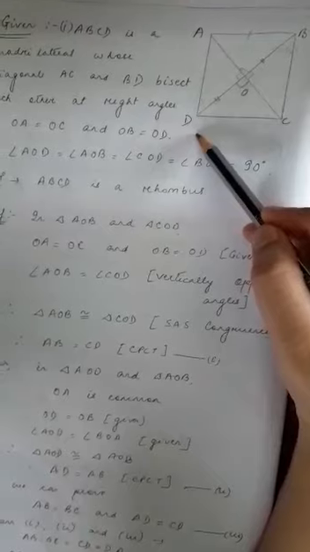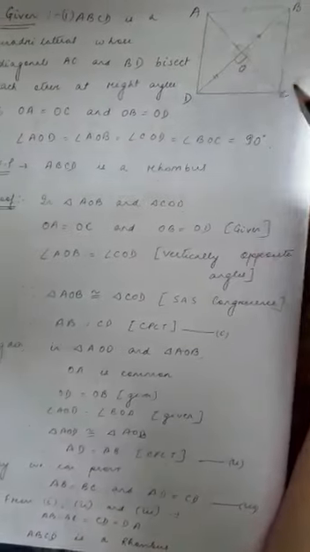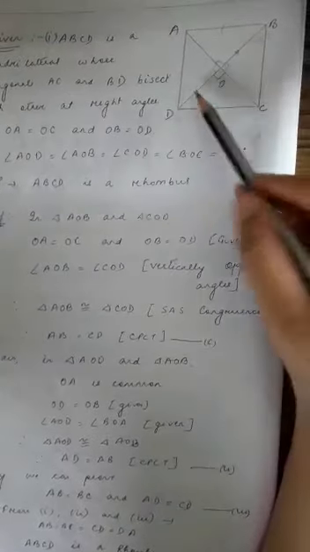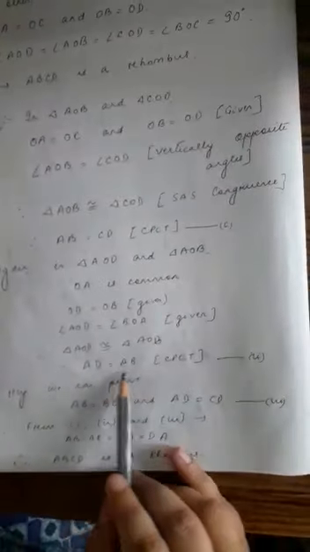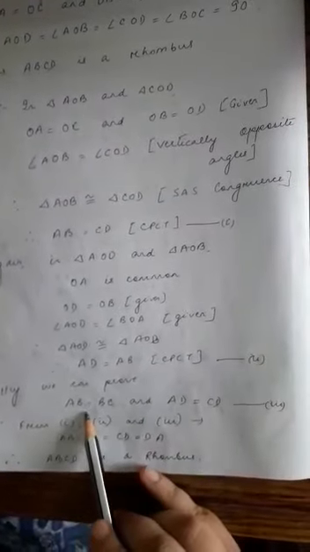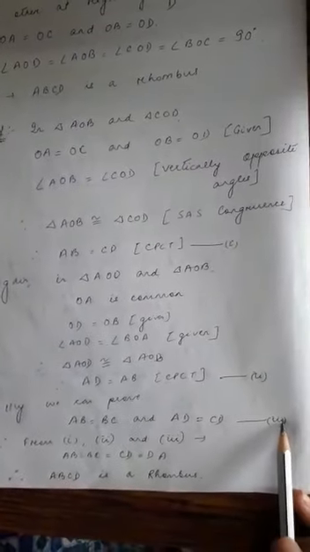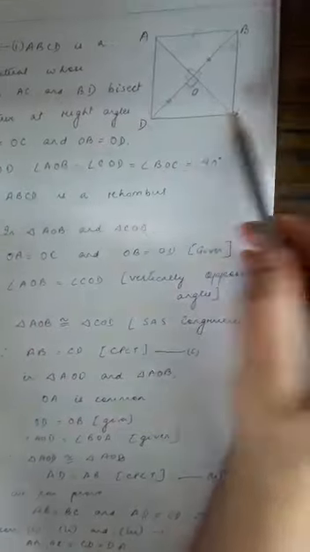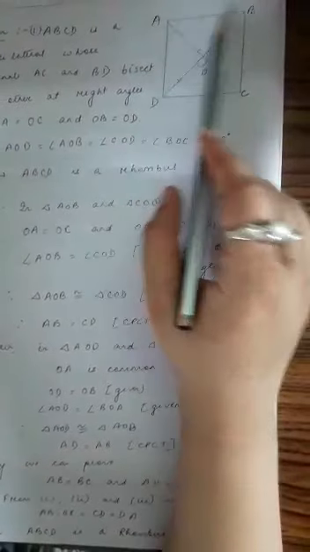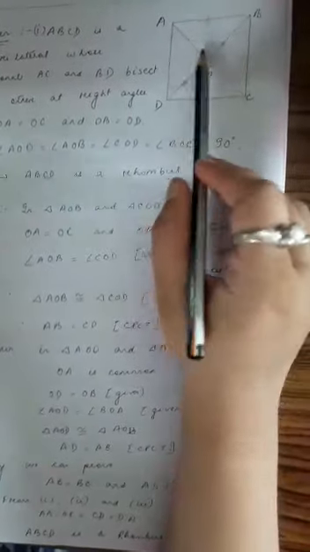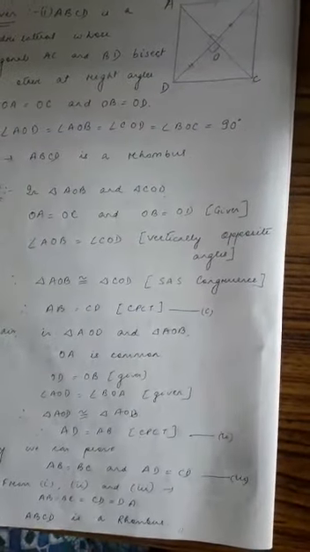Similarly, from triangles AOB and BOC, we can say that AB is equal to BC, and AD is equal to CD. So all the sides are equal here. I have kept AD is equal to AB as equation 2, and AB is equal to BC and AD is equal to CD as equation 3. So from these equations we can say that AB is equal to BC is equal to CD is equal to DA. That means all the sides are equal. Thus we can say that ABCD is a rhombus. So we had to prove that all the sides of this rhombus are equal, and we got this, and thus ABCD is a rhombus.